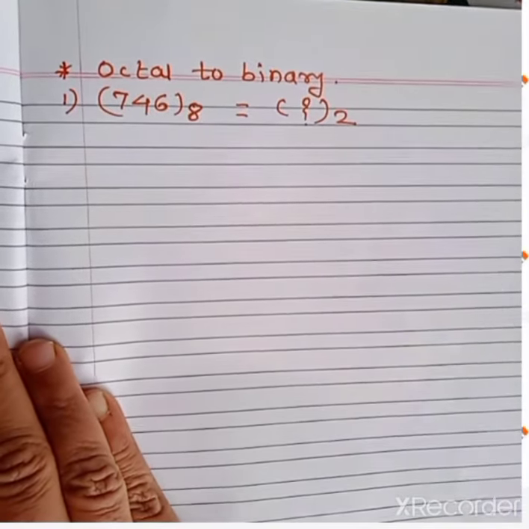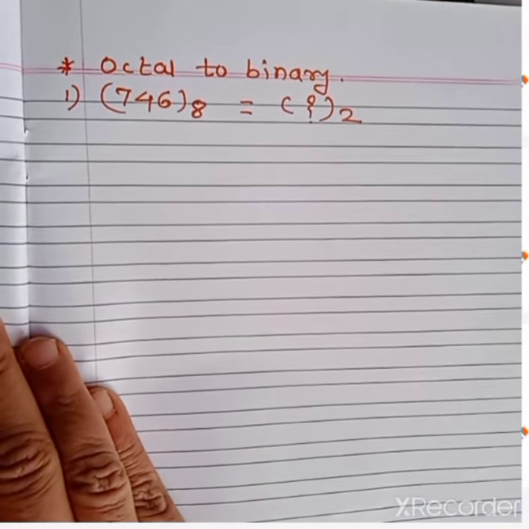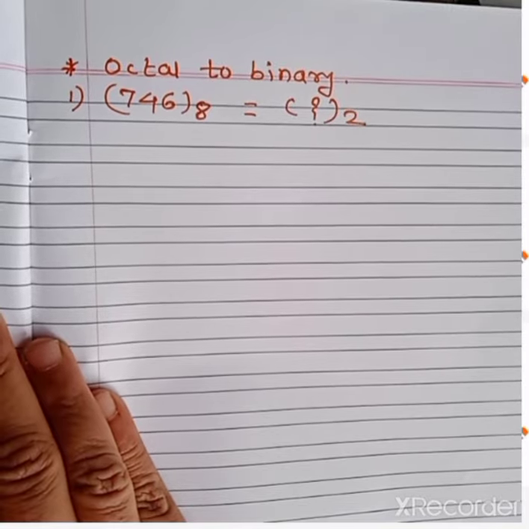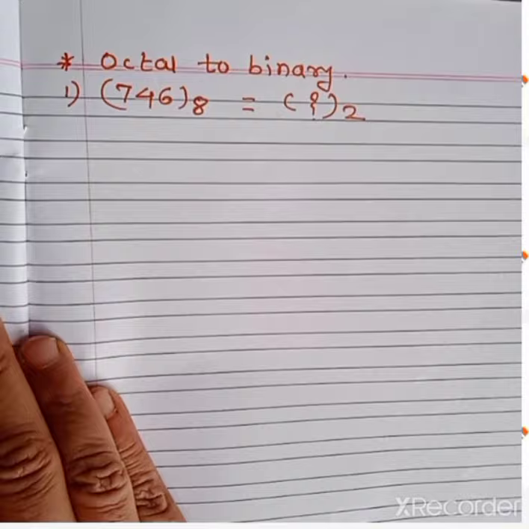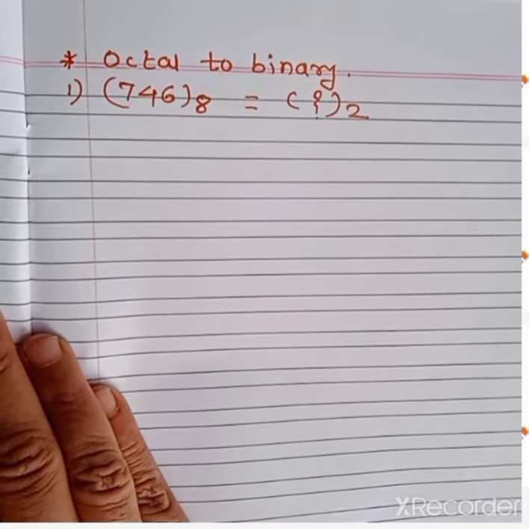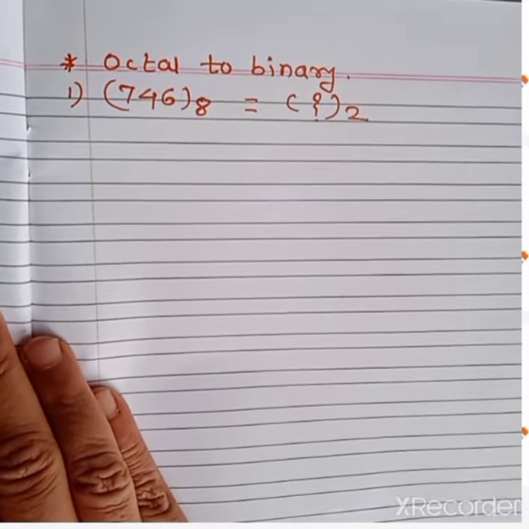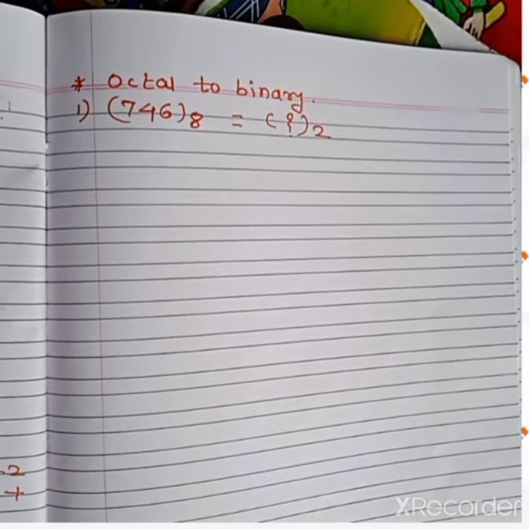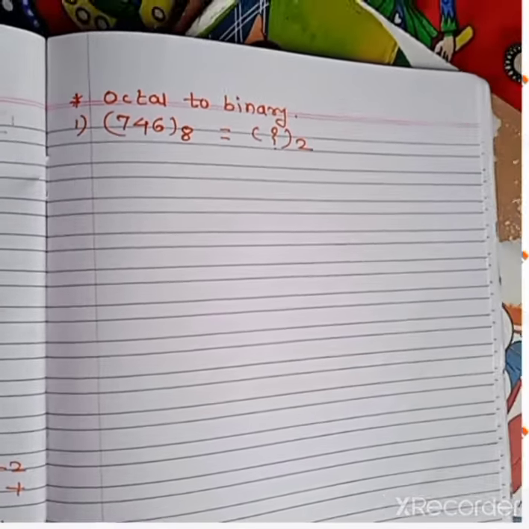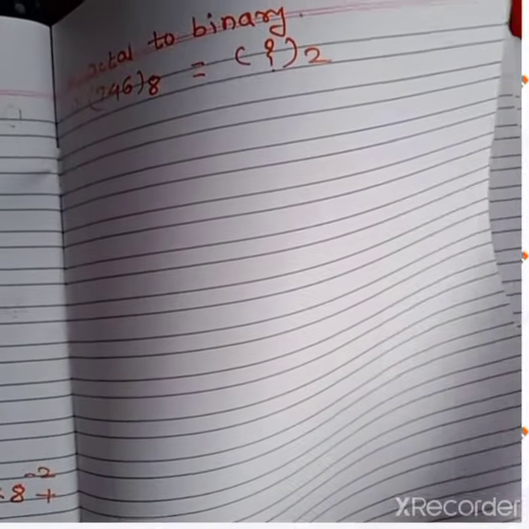In the last lecture, I taught you how to find 2-bit, 3-bit, 4-bit binary. Please go through that table. Make that table in your notebook, and while converting octal to binary, refer to those tables. Yesterday's lecture I told you how to find out that 2-bit, 3-bit, 4-bit binary. Here once again I will explain to you.